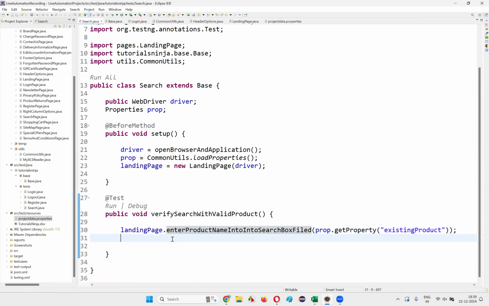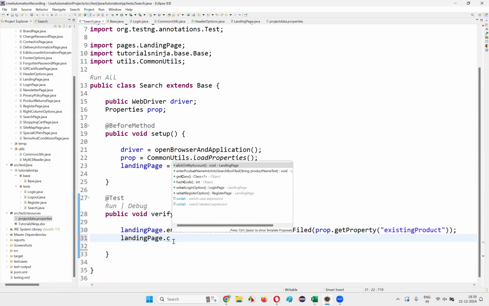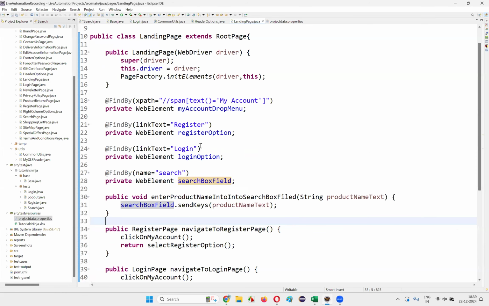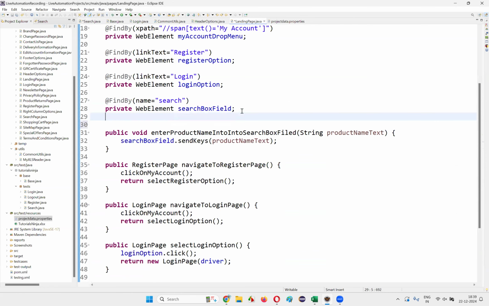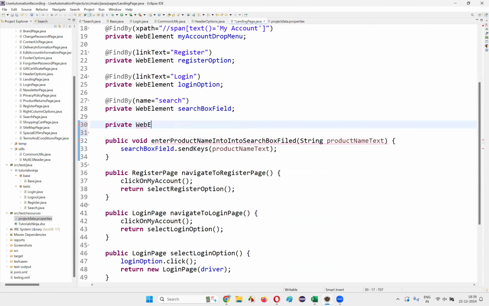For that to happen, I'll just write down landing page. Okay, landing page dot click on search button. But if you go to the landing page, is there any search box field? Here the search button is not there. So create that web element, that is private web element